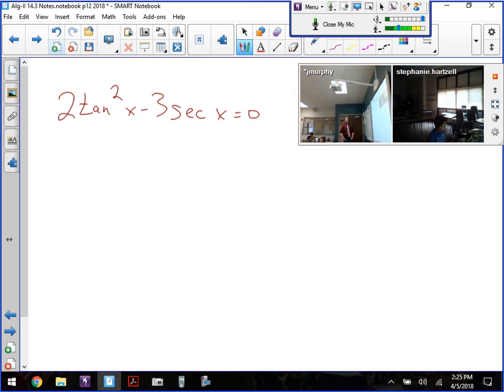In this case, when you have tangent squared and secant, it's forcing you to use which of the 3 trig Pythagorean identities? The one with the tangents and the secants, right? It's kind of nice how it's convenient. Also, when you have a squared term and a non-squared term, it kind of tells you to rewrite the squared term in terms of the non-squared term. So, tangent squared can be rewritten in terms of secant by, there it is. You get 2 secant squared minus 1,